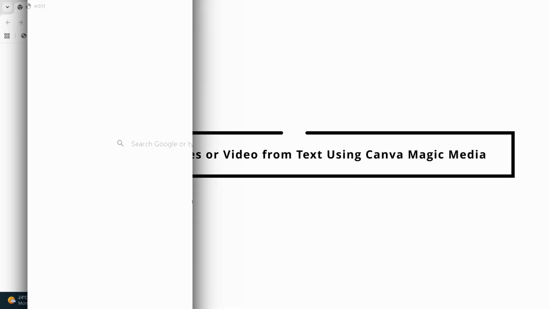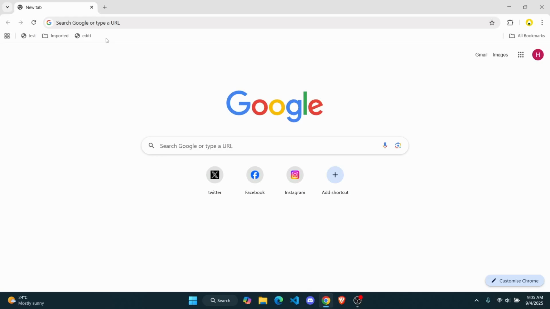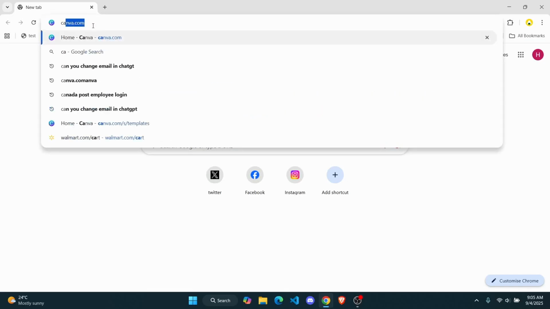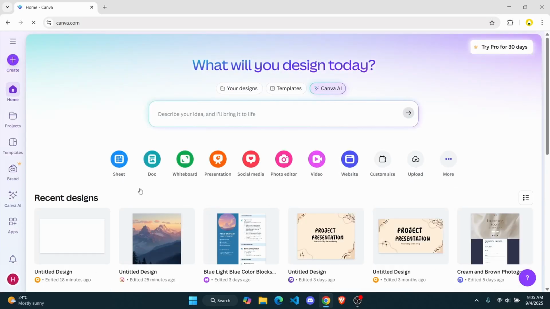How to generate image from text using Canva's Magic Media. Hey everyone, in this tutorial I'll show you how you can easily generate images from text with Canva's new Magic Media feature. First thing you want to do is go to canva.com, and then from there you basically want to